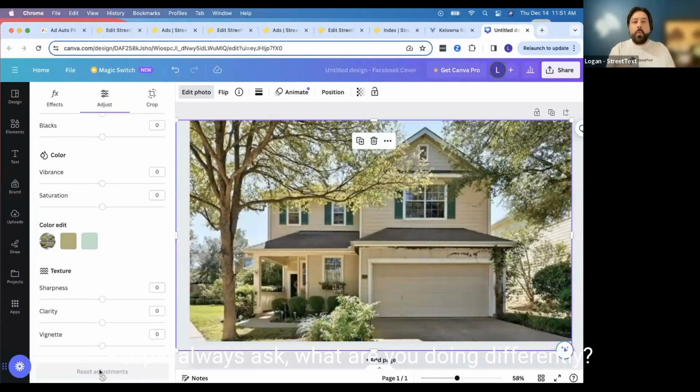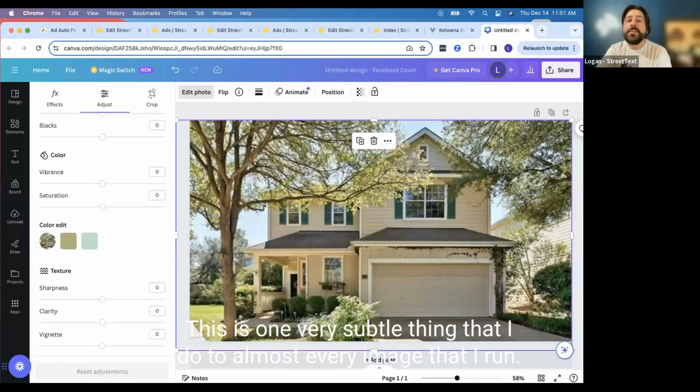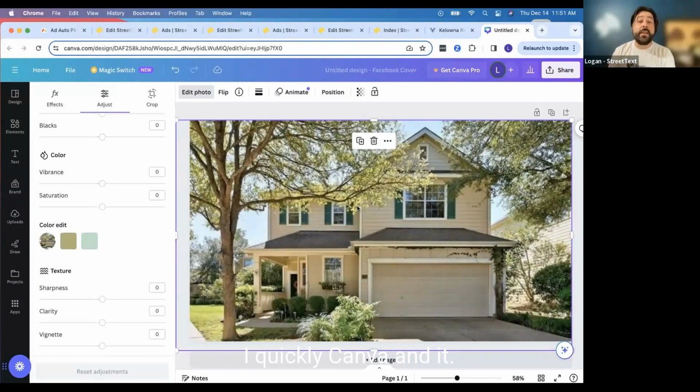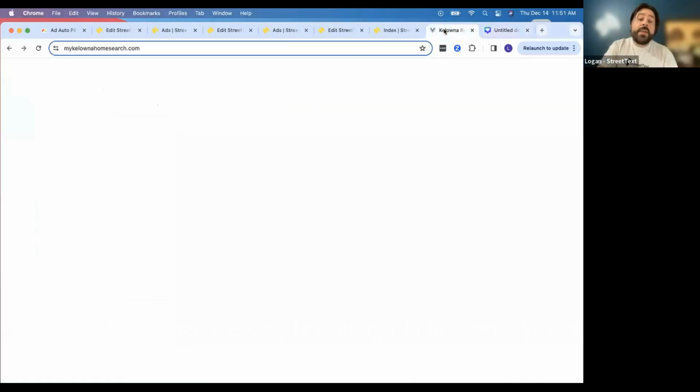People always ask, what are you doing differently? I've been doing the same stuff. This is a big one for me. This is one very subtle thing that I do to almost every image that I run. I quickly put it through Canva and it almost always increases performance. So again, super simple. And then the very last thing I'll share with you, if you're not sure what to run,